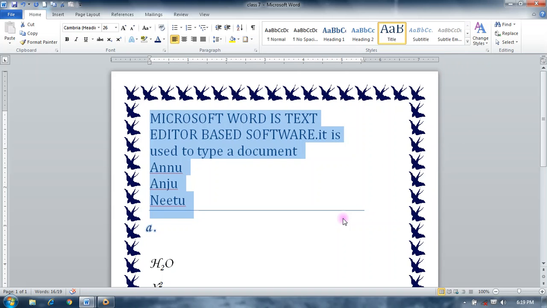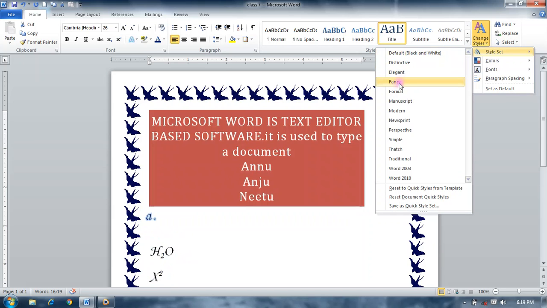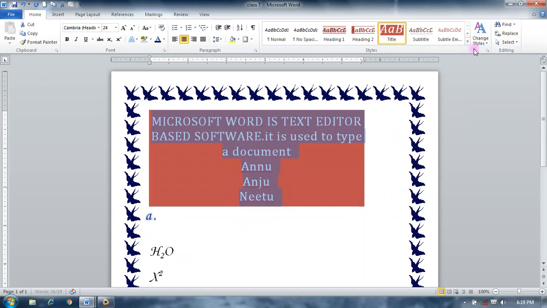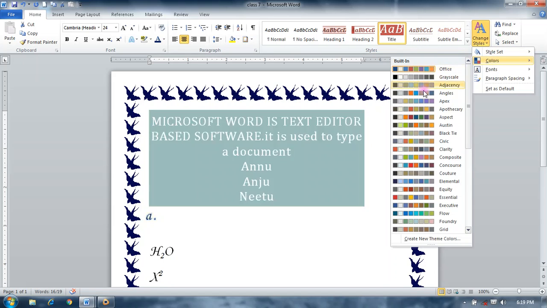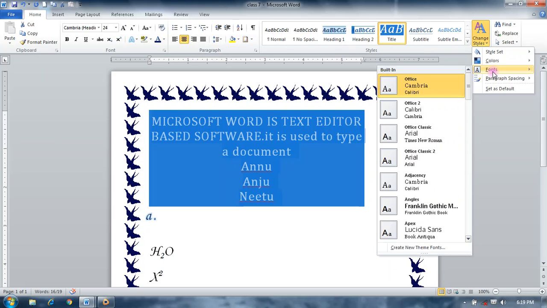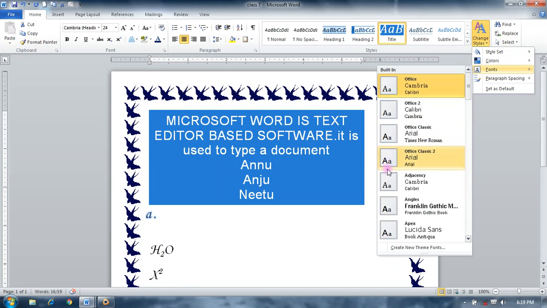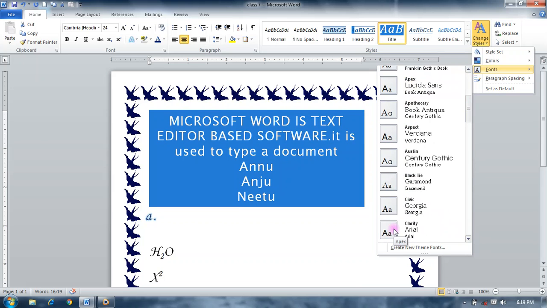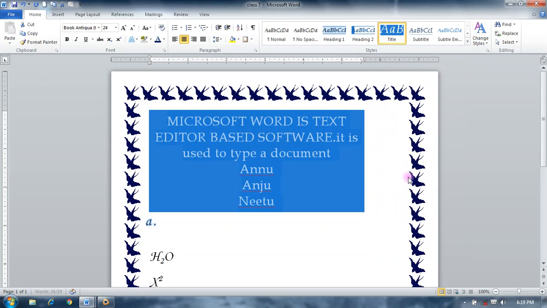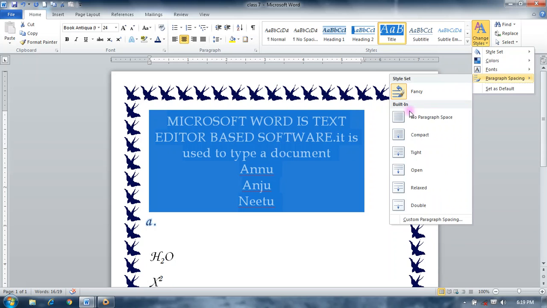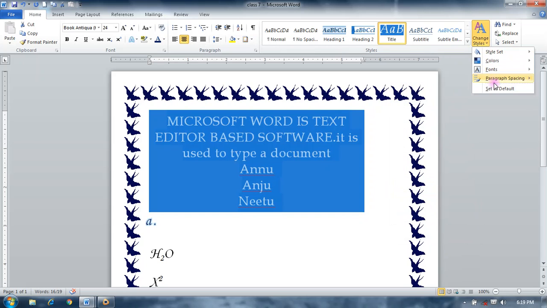Change the style from here. You can also change the style sets, color, font style, paragraph spacing, and set as default.